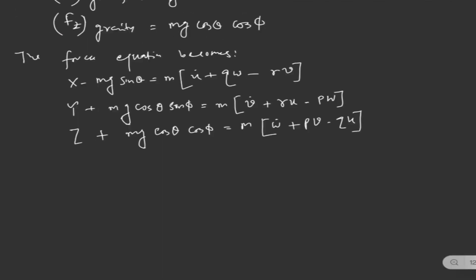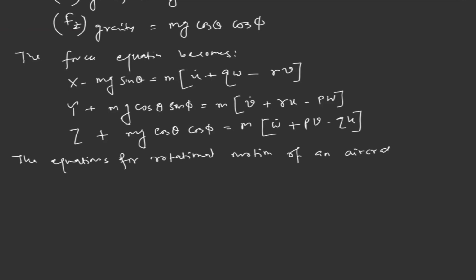Now we'll write the rotational motion of the aircraft. I have already written the rotational motion, but let me rewrite the equations for rotational motion. Basically, in the first part of this course, we designed the classical control for the rotational motion of the aircraft, how we can control the angle of the aircraft. Rotational motion of an aircraft can be written as